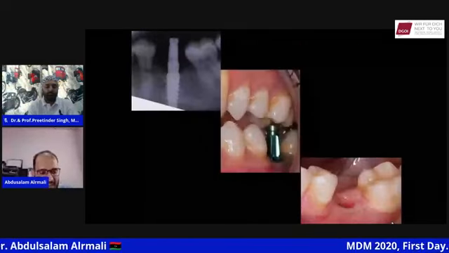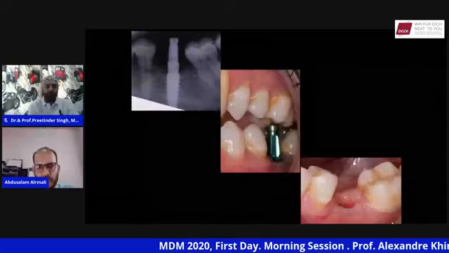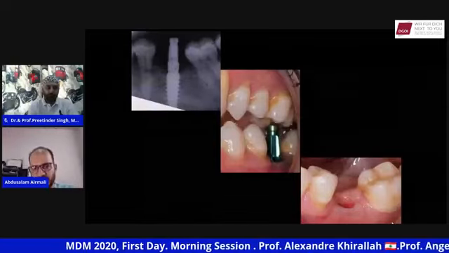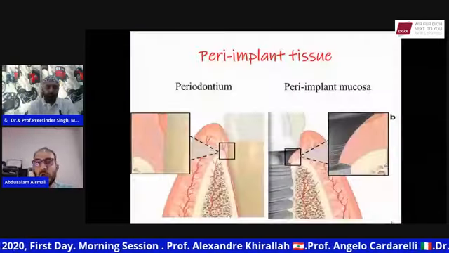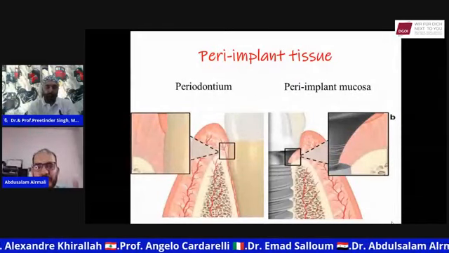So not all the cases go straightforward like this case, placing a single implant into the occlusion and having good soft tissue, horizontal and vertical. Some cases are complicated, and when we compare between the